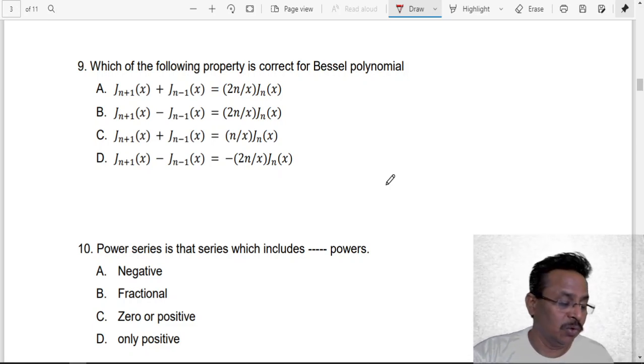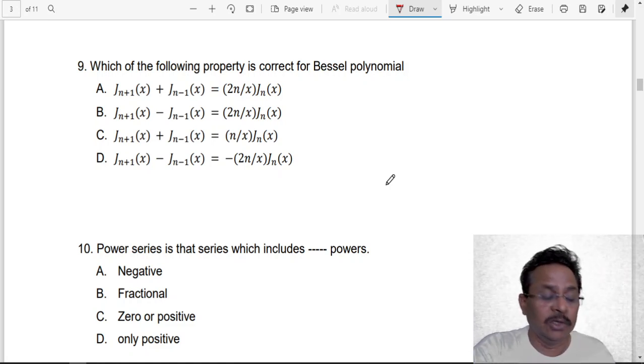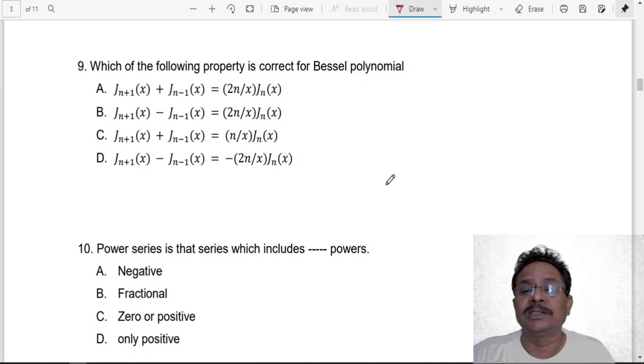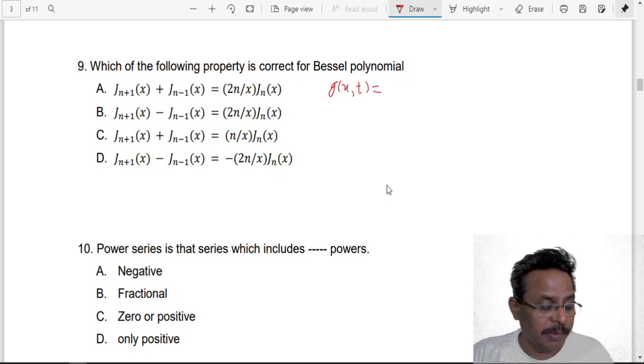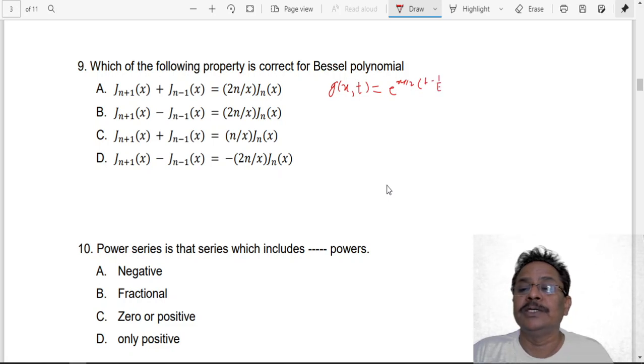So for that, you have to go for this 3 terms recurrence relation, as in the case of the Legendre polynomial, and this is the proof we have already given. You have to write its expression, the generating function for the Bessel polynomial, in the form of e raised to x upon 2 in the bracket, t minus 1 upon t. And this is to be expanded. It is written over n from minus infinity to plus infinity, and this is expanded as Jn of x into t raised to n.